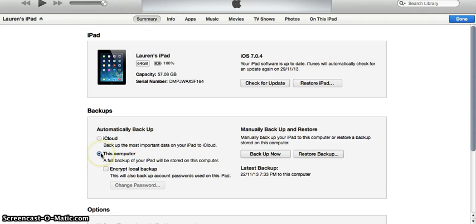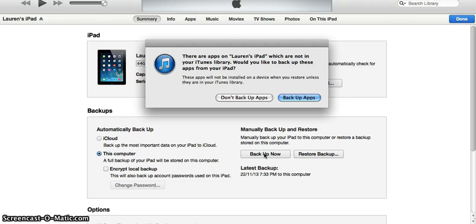Once you click on this, all you need to do is to click on Backup Now, and that's just going to go through a backup process. You want to click on Backup Apps,